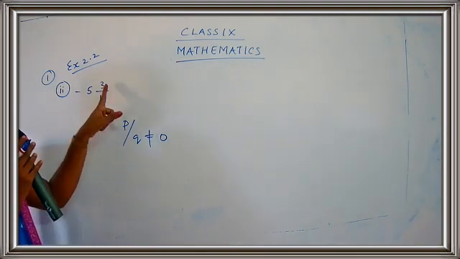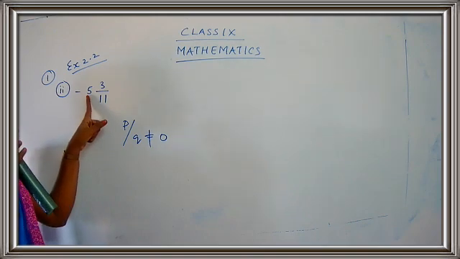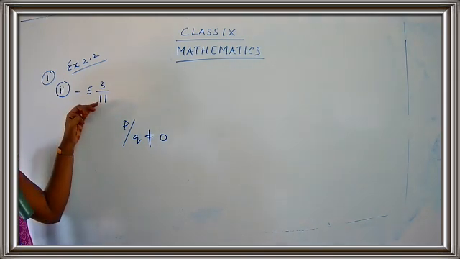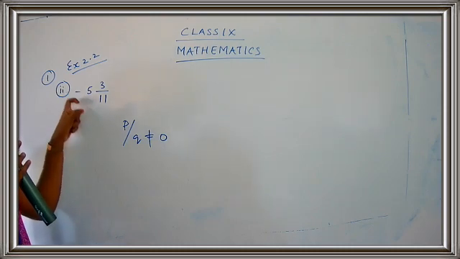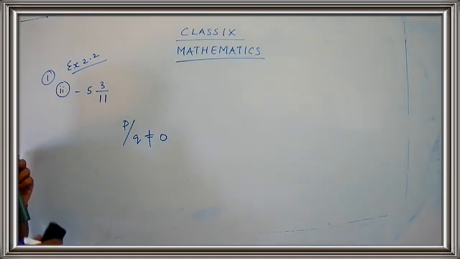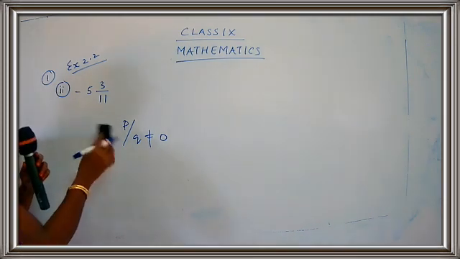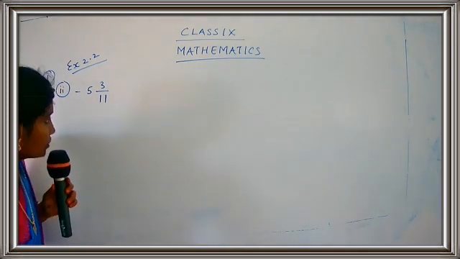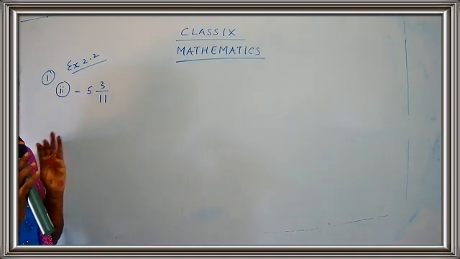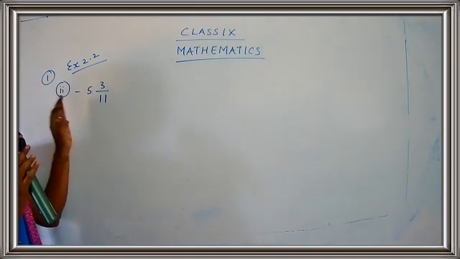You may say, okay, we have P upon Q, but here we have a 5 extra attached to it. That means this is a mixed fraction. So you are going to convert this mixed fraction into improper fraction. So let's go for the conversion. You would have studied the conversion of mixed fraction in your lower classes. Let's see how to go for the conversion. So first of all, keep this minus sign as it is. You are not going to touch the minus sign.